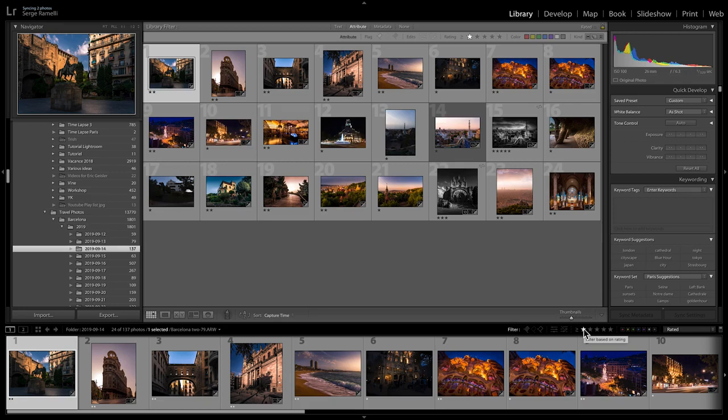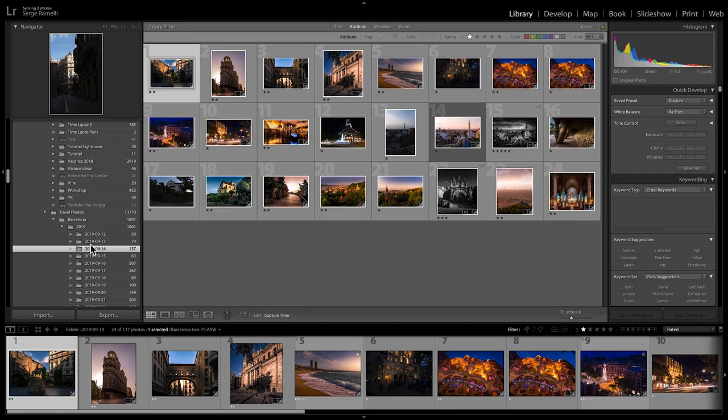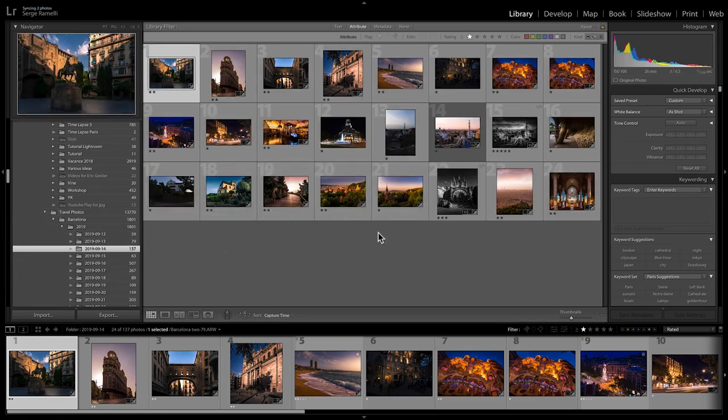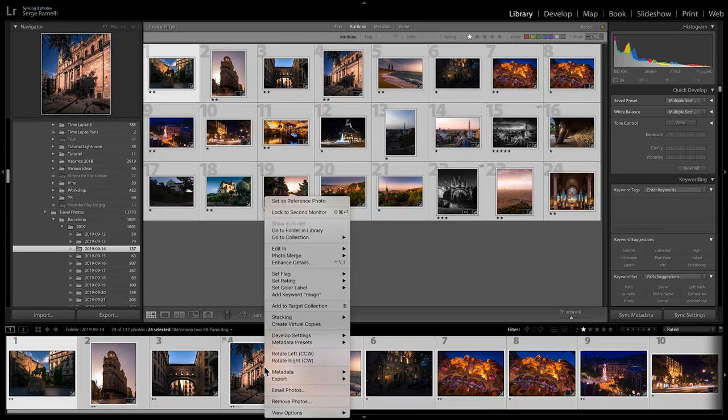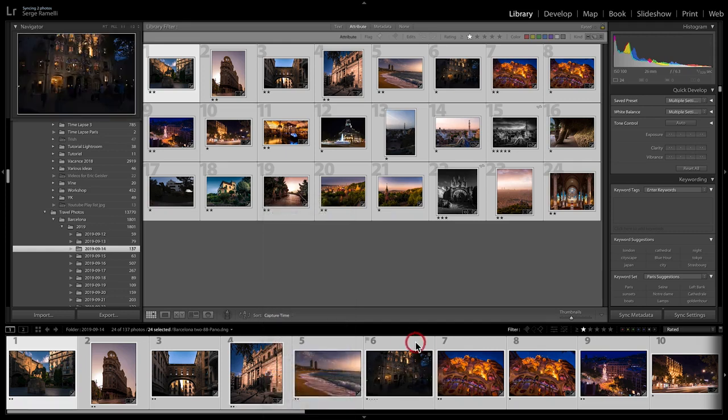If you also want to get the retouching to be included when you do that, it's just a little trick, you have to take all your photos, and this is something you do on your MacBook Pro while traveling. So you're doing your retouching, you're doing everything on your catalog. Once you're done with your retouching, you take all your photos, you right click, you go to metadata and you say save metadata to file. What that's going to do is that anything you did on the road, star rating, color rating, retouching, everything is going to be written on an external XMP file. Let me show you what it looks like.